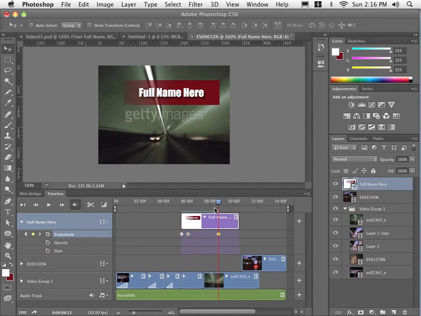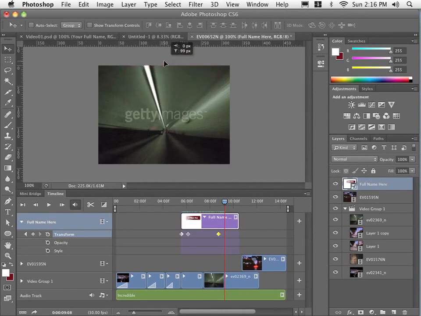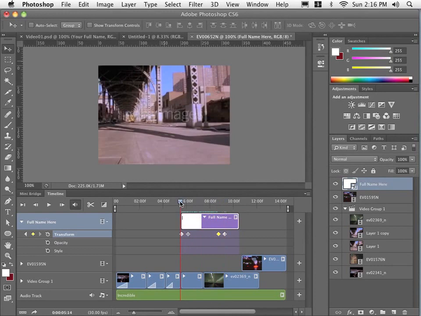Now here's another cool feature. I'm going to move it a little ways down again. If I make a change to that layer, Photoshop will automatically generate a keyframe. I could go in and manually add one, but I'll just demonstrate here. I'm going to move this upwards and out of the scene. And once I let go, boom, it generated a keyframe on my behalf. So if I drag my playhead back now, hit play, it will be a little slower this time because it's rendering at the same time, but if I hit play,